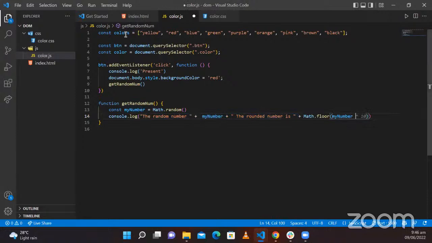This is our array, this is colors. We want to multiply it by the length. So let's see. Let's just go with a random number first. So if I do 10,